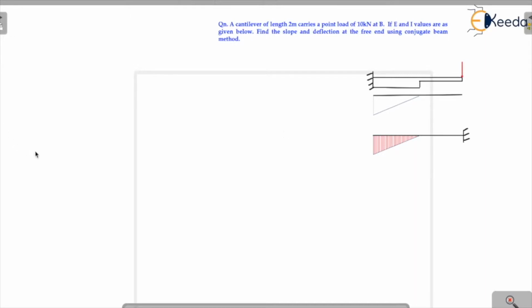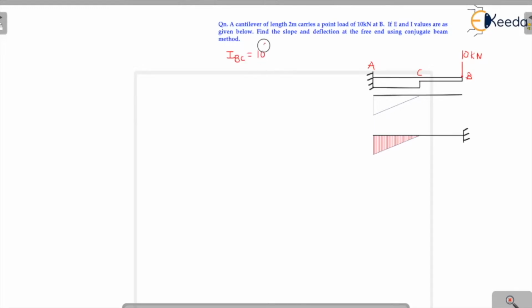So here, a cantilever beam AB of length 2 meter. Okay, so let us name the beam AB. It is of 2 meter length and it is carrying point load 10 kilonewton here at the end. Now the moment of inertia for the right half of the cantilever is 10 to the power 8 millimeter raised to 4. So let us divide it into two parts, AC and BC.